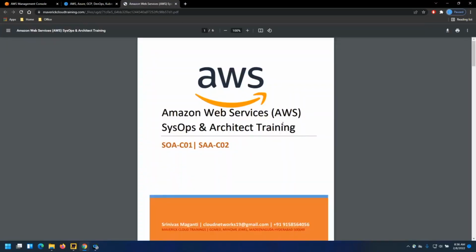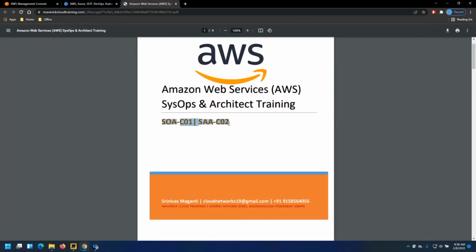So, AWS. Right. So we are planning to cover two things here. One is your AWS SysOps, which is your admin, okay, and your AWS Architect. I'm not covering professional here. I'm trying to cover the associate part, right? So what is associate and what is professional?